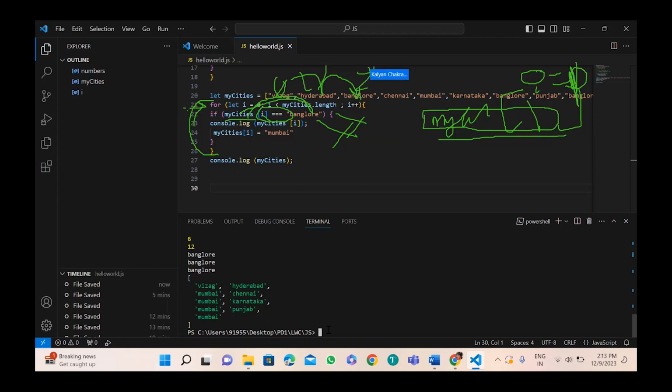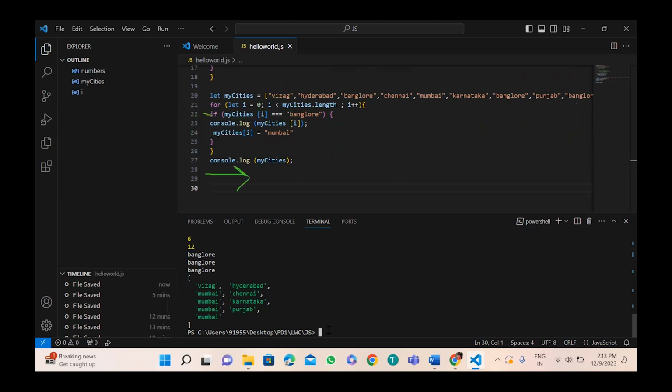Okay, I value is 2. At my cities of 2, what is the value? At my cities of 2, it is Bangalore. So Bangalore is equal to Bangalore. Condition true. When the condition is true, it will go to